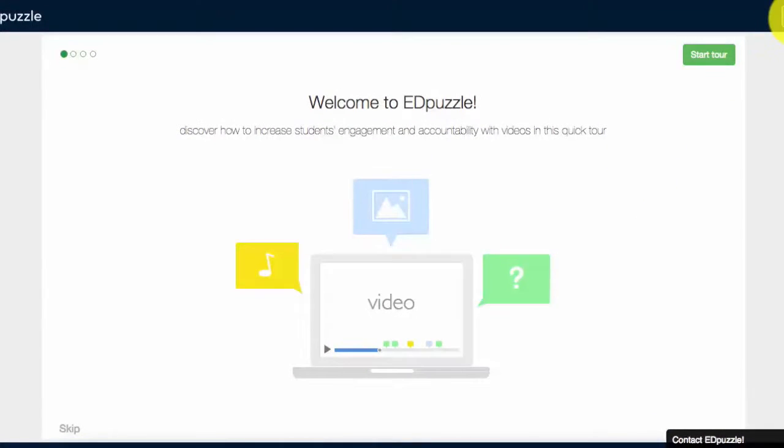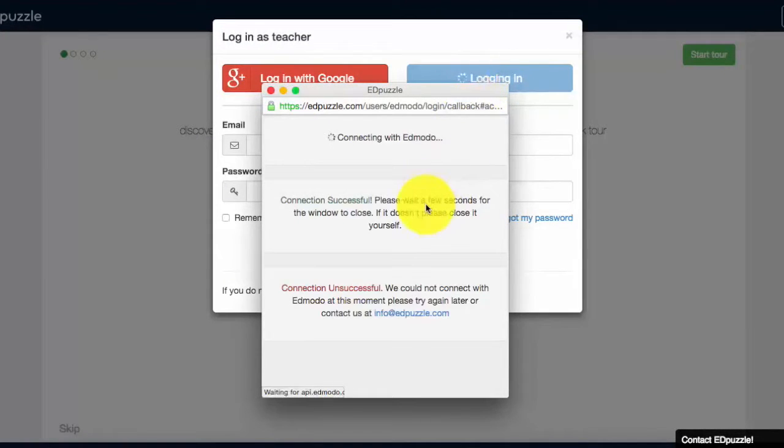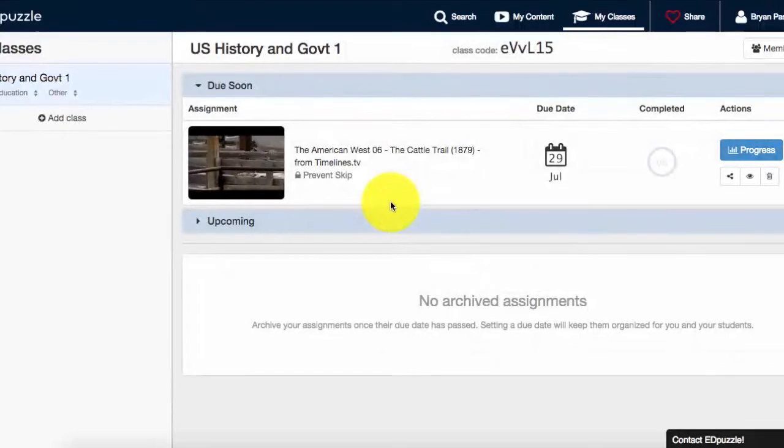I already have an account, so I'm going to click Login. I've created mine with Edmodo. And you'll get this little box that pops up that asks you about your connection and connecting the accounts, and that'll go. All right, what we want to look at first is make sure that you can create a class,